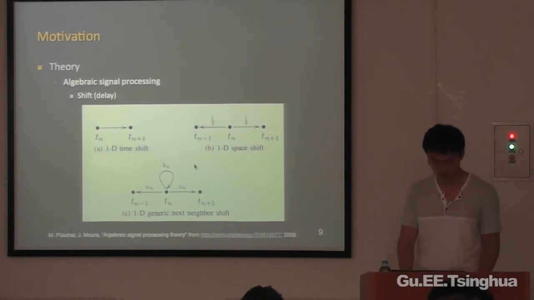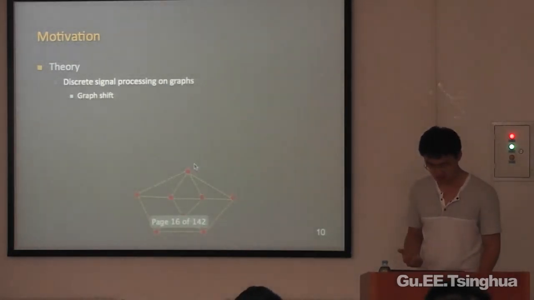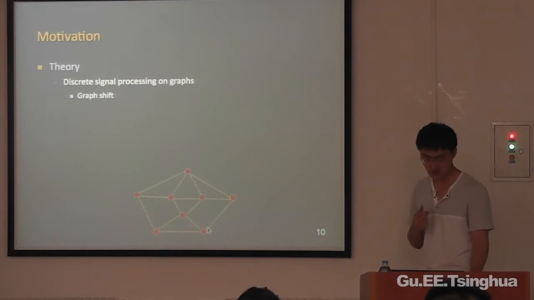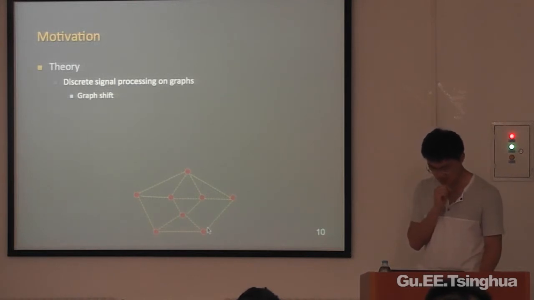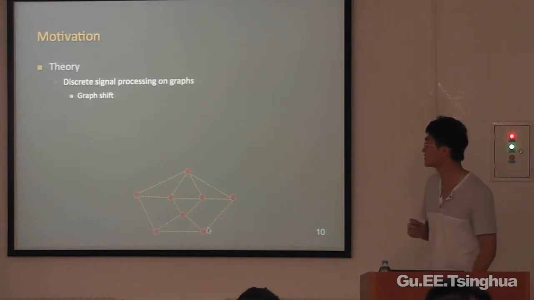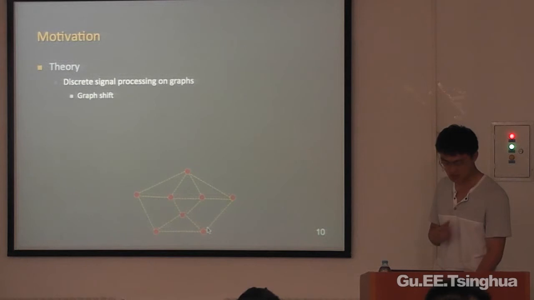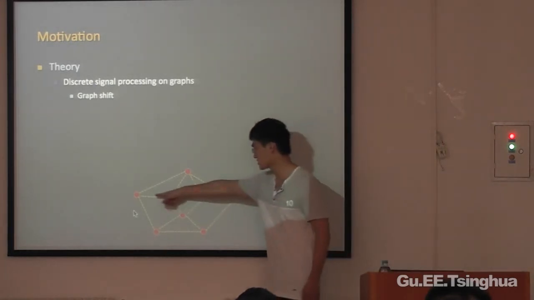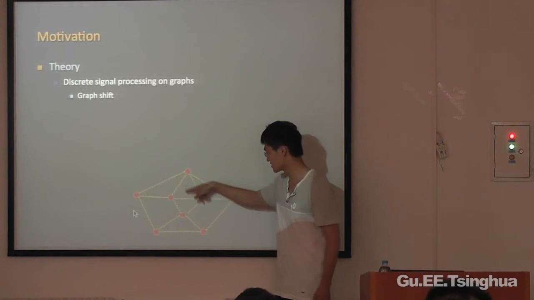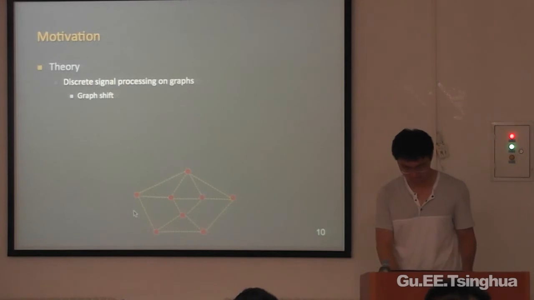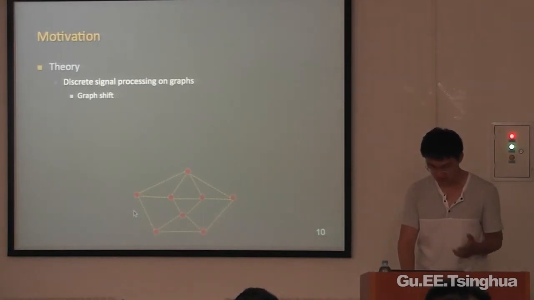So can we extend the framework even more? In 2013, Dr. Sandryhaila and Professor Moura created a new framework called DSP on graphs. They extend the shift to be a graph shift. Here is a very tiny example of a graph. This node has 3 neighbors, but this node has 4 neighbors. So this graph is not identical. It has a more compact structure, and you can represent more